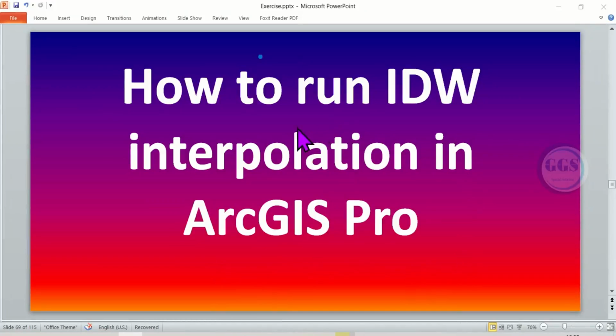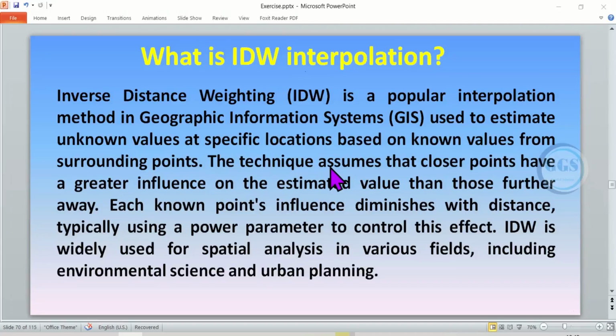In this video, I want to show you how to run IDW interpolation in ArcGIS Pro. But the question is, what is IDW interpolation? Let me quickly show you something. What is IDW interpolation? IDW stands for inverse distance weighting and is a popular interpolation method in GIS used to